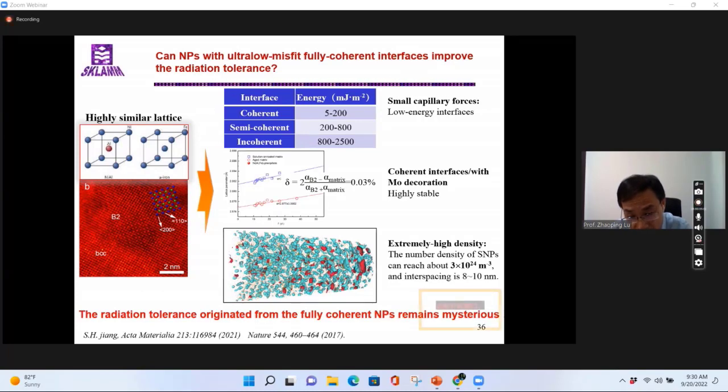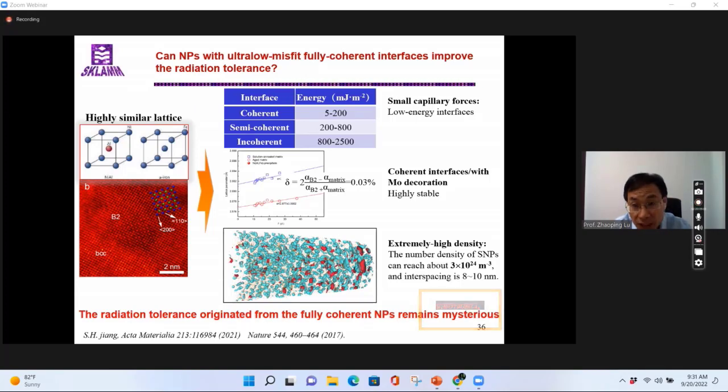So kinetic molybdenum segregation will slow down the diffusion of the elements. That's the reason why the particles are highly stable. And also, these precipitates have a very high number density. So can we use this nanoprecipitate, we call it superlattice,